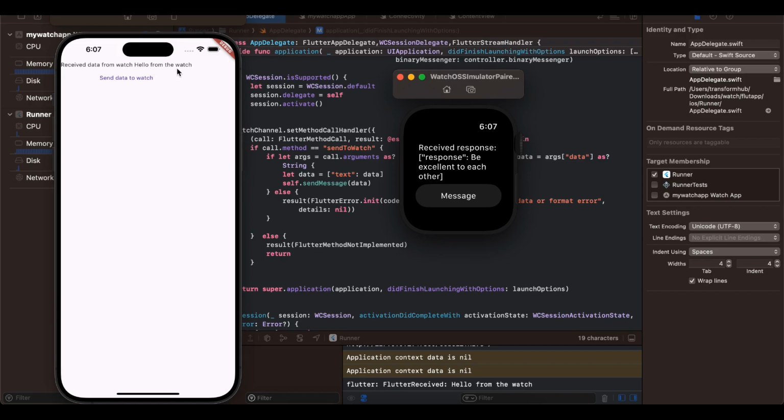here you can see the watchOS has sent some data called hello from the watchOS, and we also give a callback to watchOS that okay, this data was sent successfully. That's why you are seeing this response, be excellent to each other, but it can be anything. Okay, and in this example I'm sending string data,